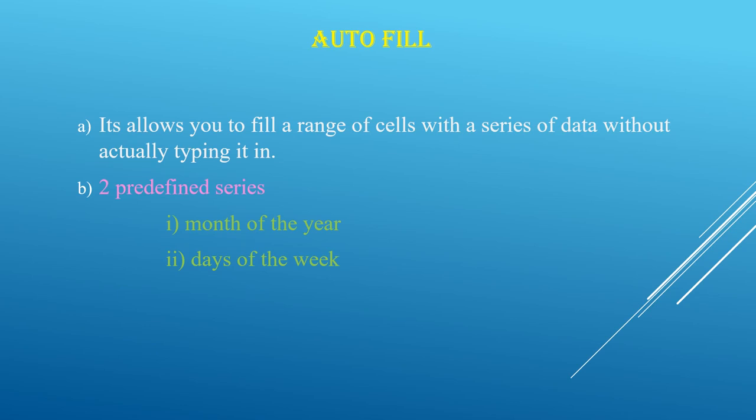Have you remembered the example? In this first column, if we type January, then using the mouse, if you drag down the whole column, automatically it will fill January, February, March, April, all the months. That is called autofill. The days of the week work the same way. In the first cell, if you type Sunday, after that if you drag the mouse through the whole column, automatically it will fill Monday, Tuesday, Wednesday, Thursday, Friday. Those who watched the previous video may know these things.